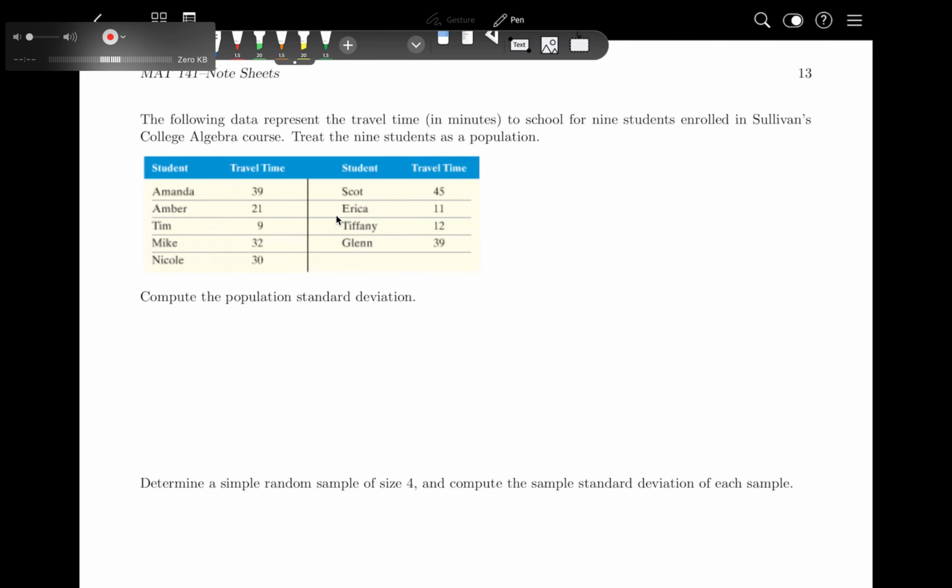So this first one says, the following data represent the travel time in minutes to school for 9 students enrolled in Sullivan's college algebra course. Treat the 9 students as a population. So compute the population standard deviation. Okay, so let's look at how to do that